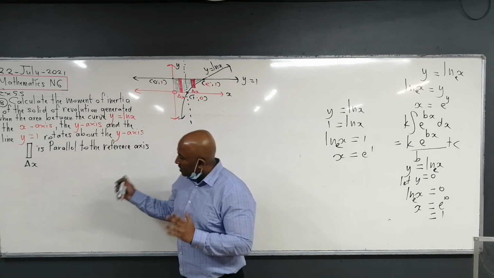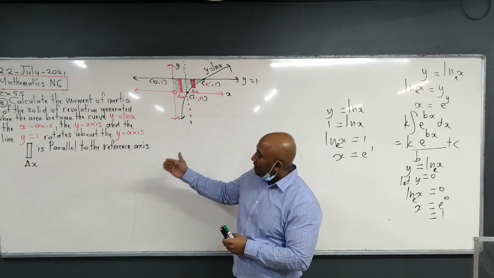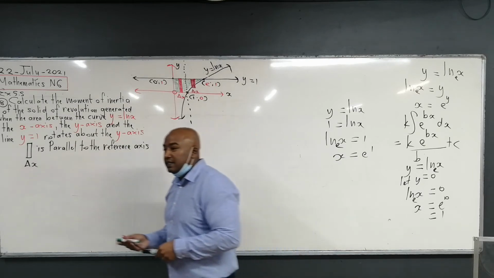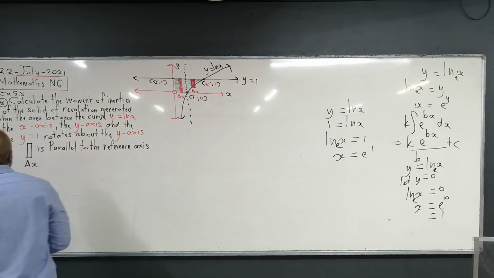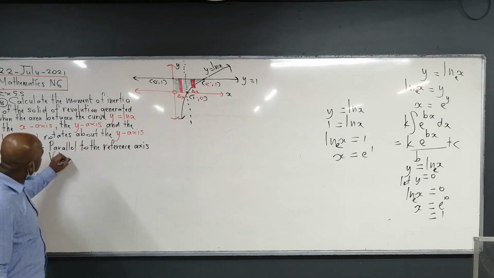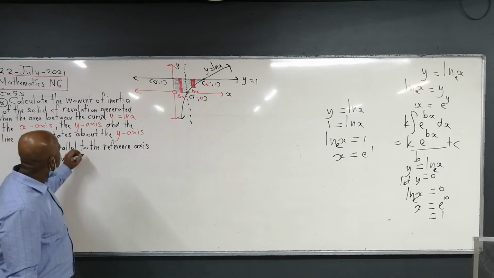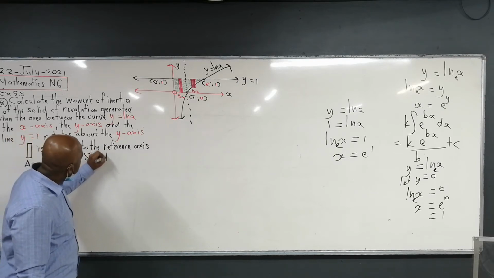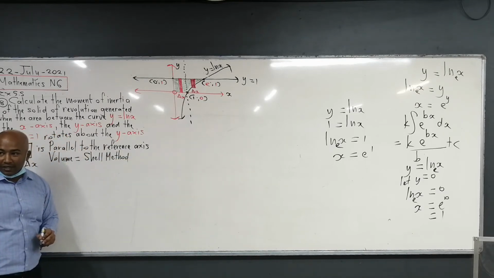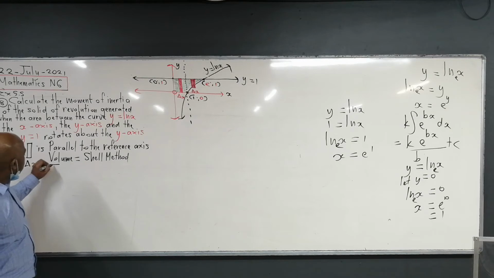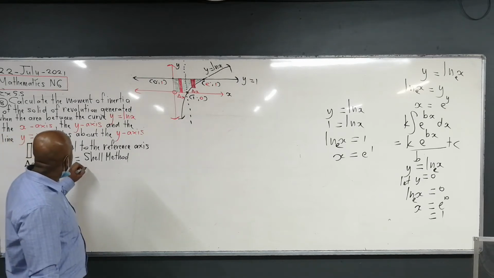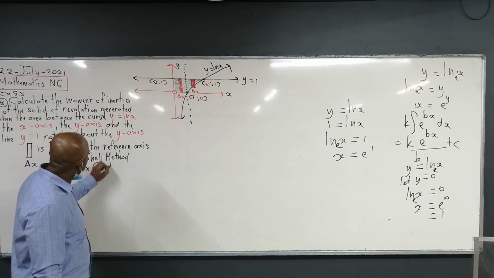So this representative rectangle is parallel to the reference axis, which is the y-axis. So what does that mean now? If it is parallel, that means volume will equal the shell method. Volume will be the shell method, and then moment of inertia is going to be mass times the distance